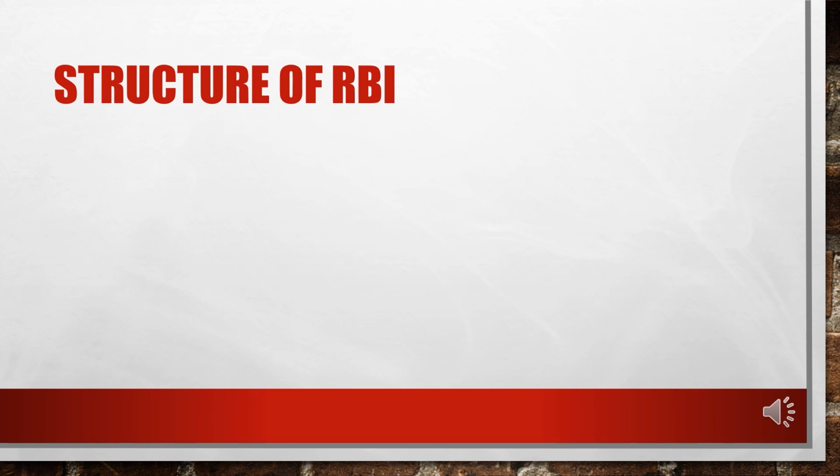The functioning of RBI started on April 1st, 1935, under the Reserve Bank of India Act, which came in 1934. That is why it is one of the oldest regulatory bodies working in the Indian financial system. Whenever you talk about the structure, all of you are aware that the head of the organization is the governor, right? And there are 4 deputy governors who work on behalf of the Reserve Bank. They are appointed by the central government.